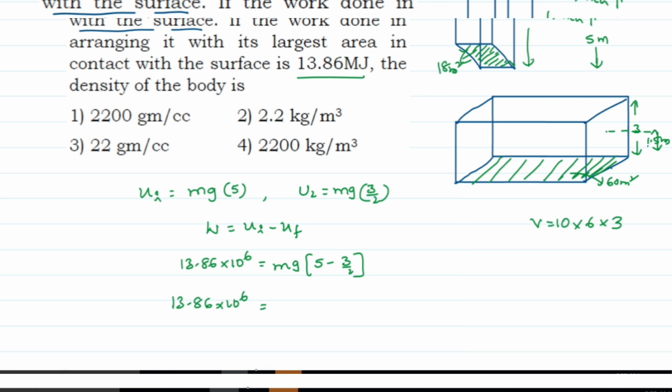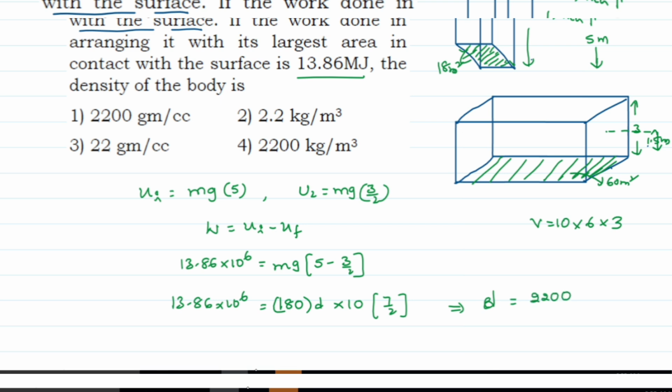Here that value, 180, you have to take: it is 180 meter cube into density. You can take it as rho or d, into g, you can take that value as 10, students, into here: 2 fives are 10, 10 minus 3 will be 7 by 2 you are getting. So when you are simplifying all these values, the density value you are getting is